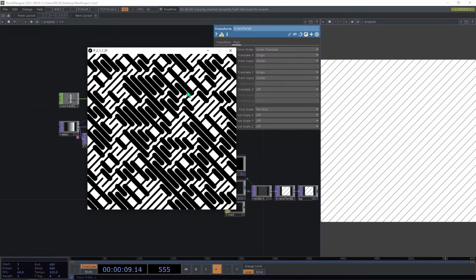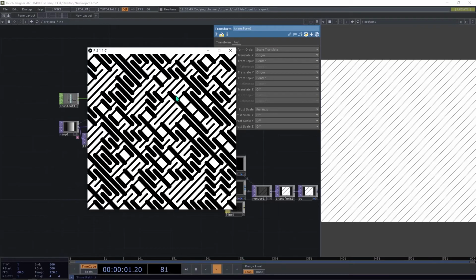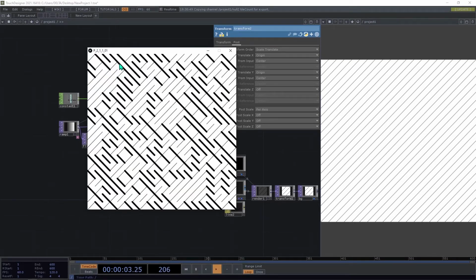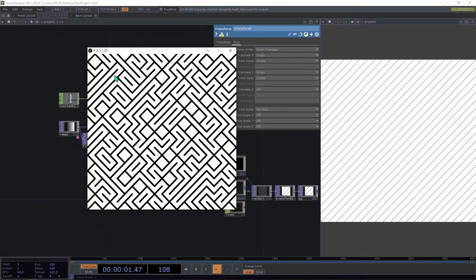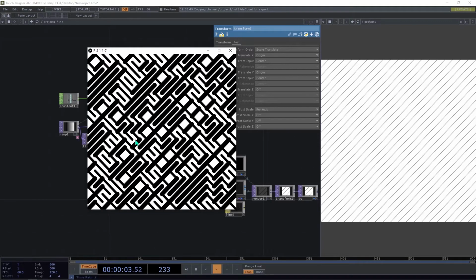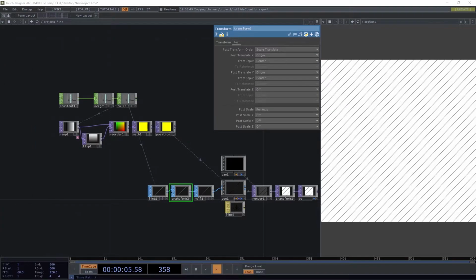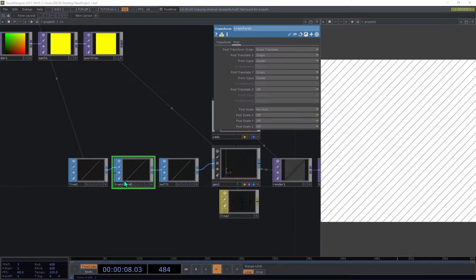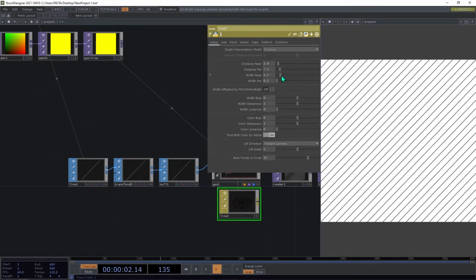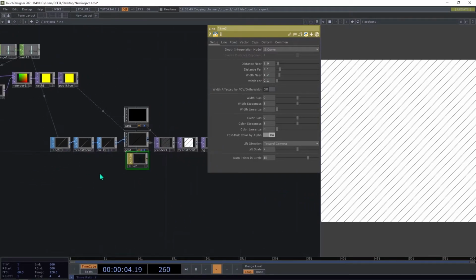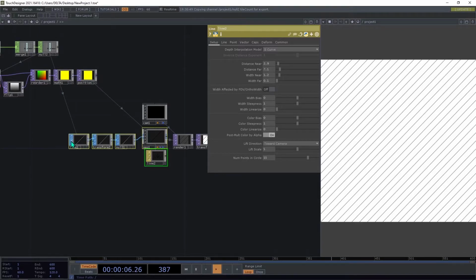As you can see, the position in X defines the width of the left diagonal, and the position in Y controls the width of the right diagonal. So if we make that from here, we can only change these ones. So that's why we need to copy and paste these things,